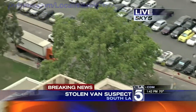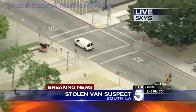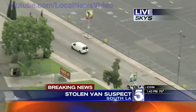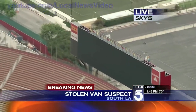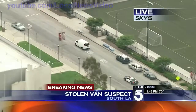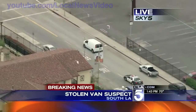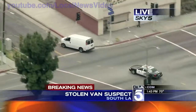All right, he's coming up on the Coliseum on the west side. Go ahead. No, you just hate to see it around the campus, too, because so many students are out walking to and from class. Well, there's that one intersection in Jefferson, and you can see, as a matter of fact, you can see the LA Coliseum right there. Yeah, he's inside of Exposition Park right now. The Coliseum on the one side, the soccer fields, and he's going by the old swimming pool from the '32